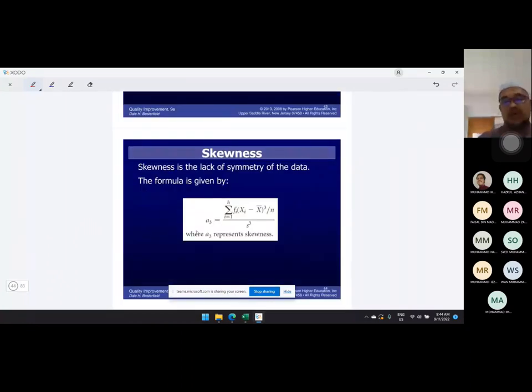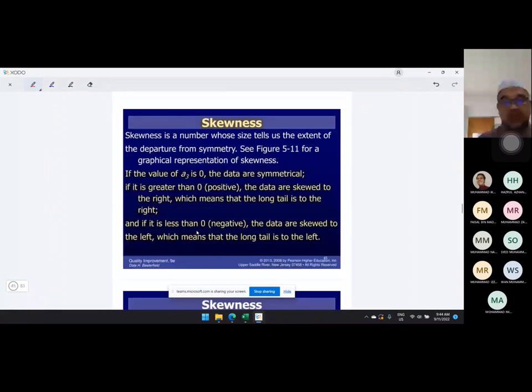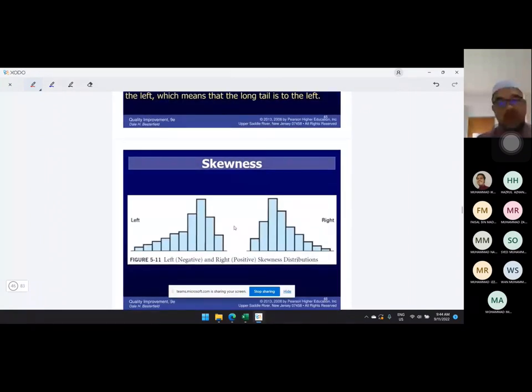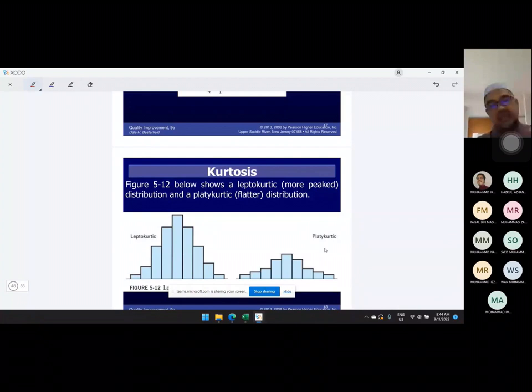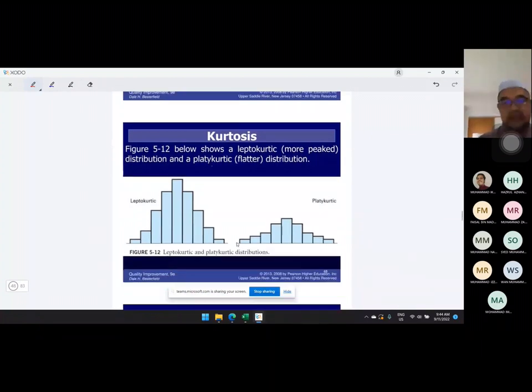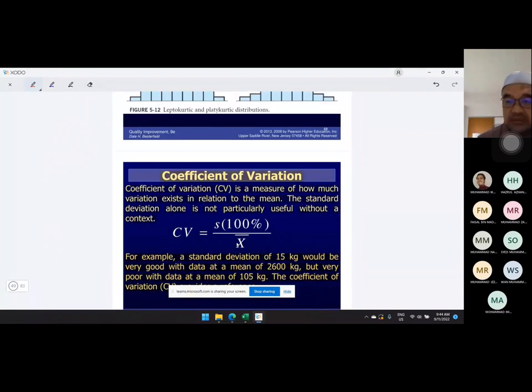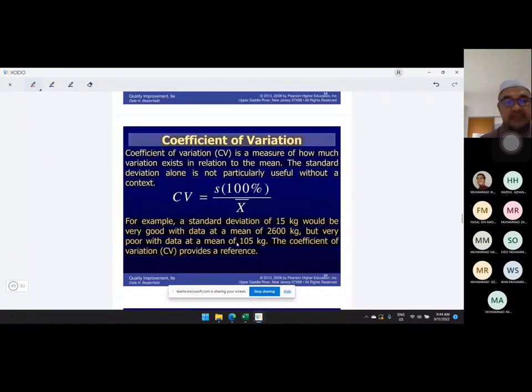How skewed is our distribution, either skewed to the left or skewed to the right. And then we also have kurtosis, whether our distribution is flat or is it peaked, like this. So that's a measure of peakedness. Also, we have the measurement of coefficient of variation, because we must give some perspective,